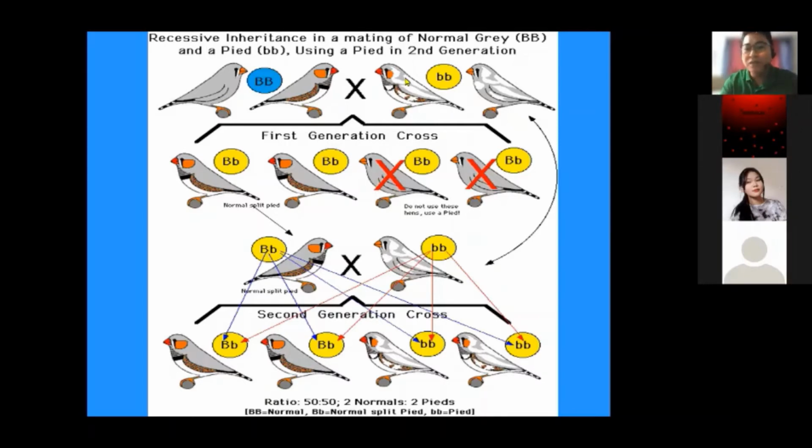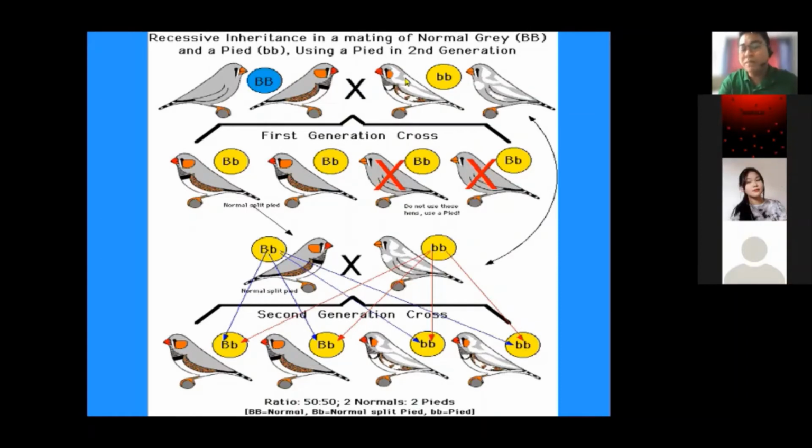So an individual needs 2 genes for each trait, 1 gene from each parent. Kahit tulad nga ng nakita nyo kanina doon sa mga ibon, we have the B and the B. So parehong merong dalawa, merong isa ang magiging anak nila. Example, merong big letter B sa tatay, then small letter B sa nanay.